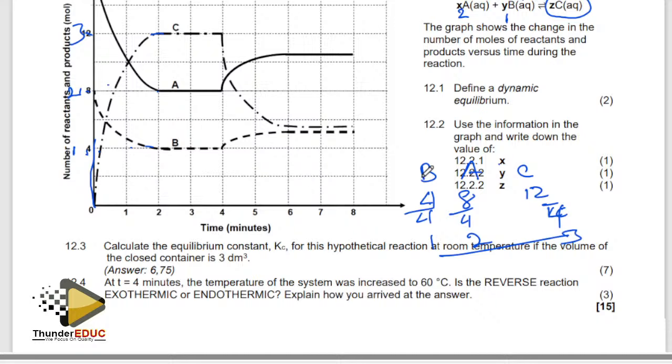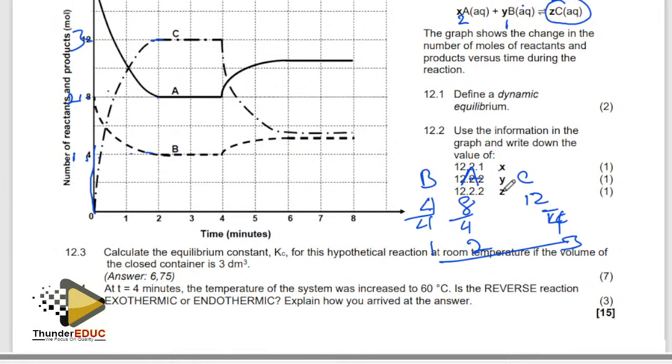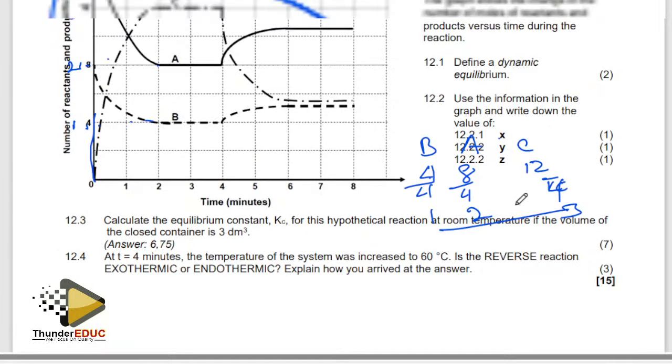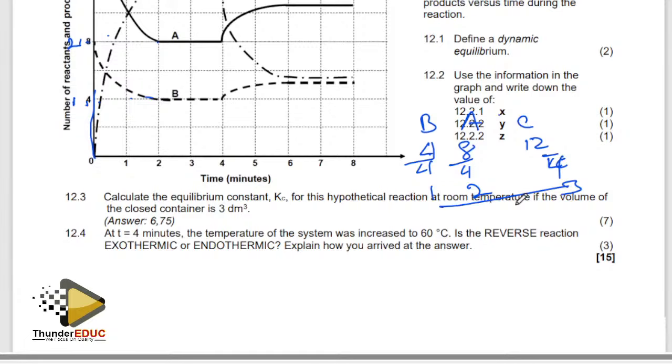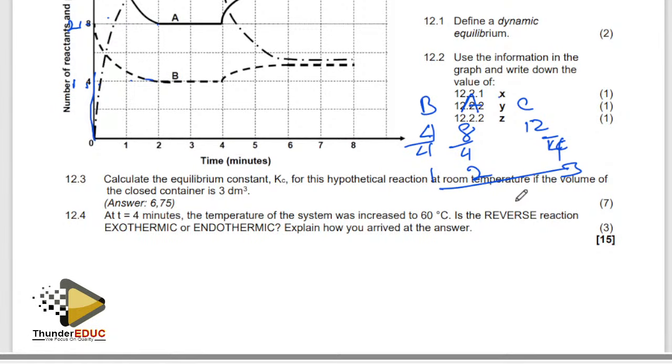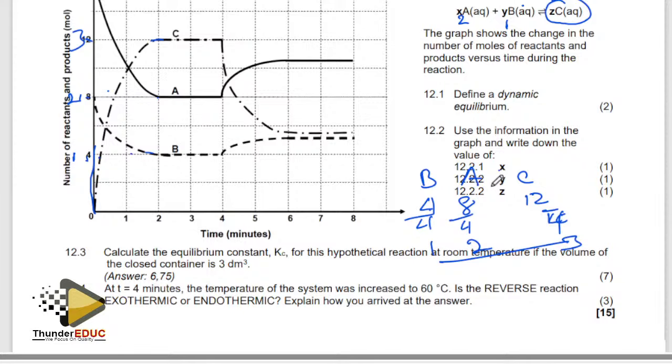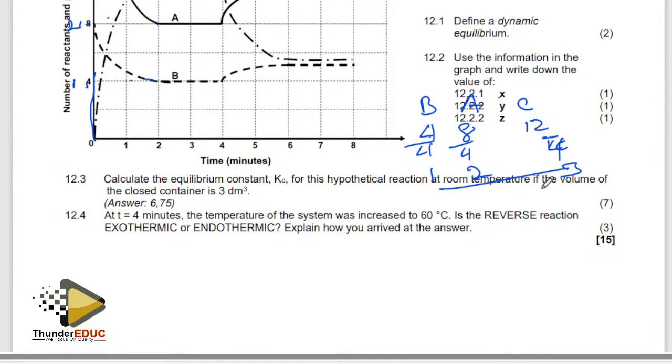Then you see how you can identify the number of moles and so on using the graph. So we can bring it in the form of what? In the form of a graph. And then after that, they ask you about the constant, hypothetical volume, closed system. So now you have the volume. This is the one which we use to divide. At 4 minutes here,